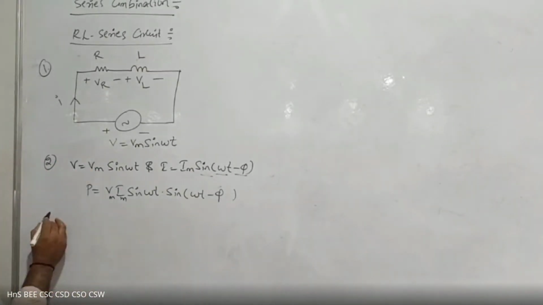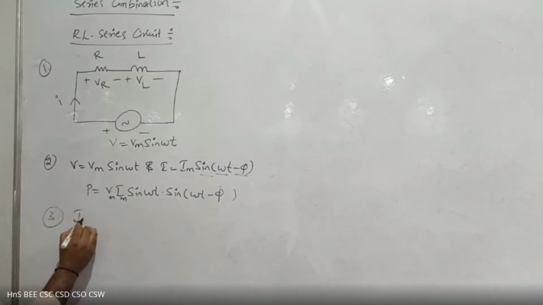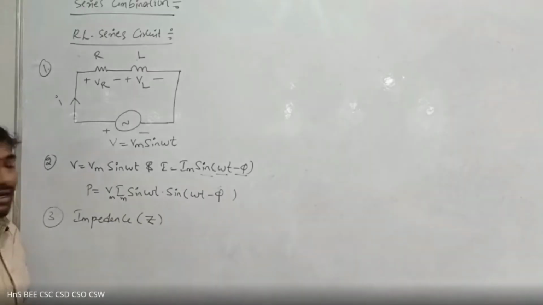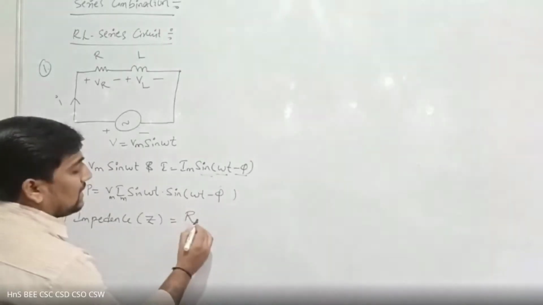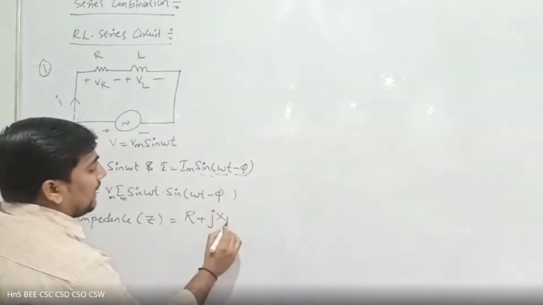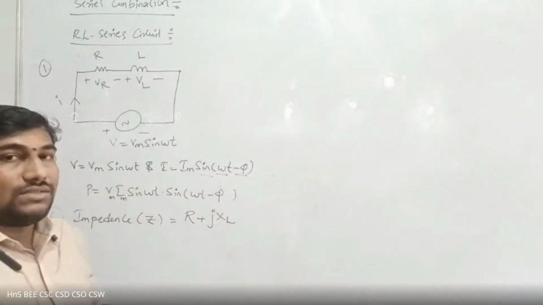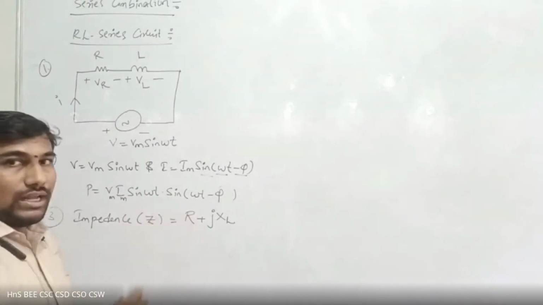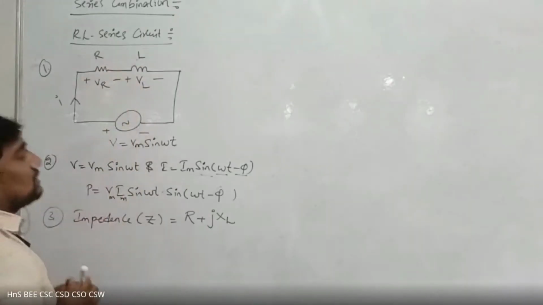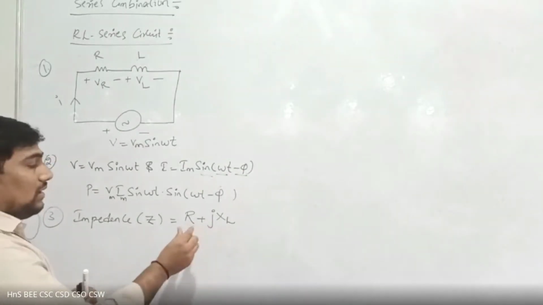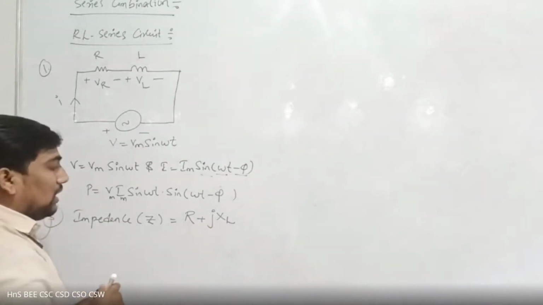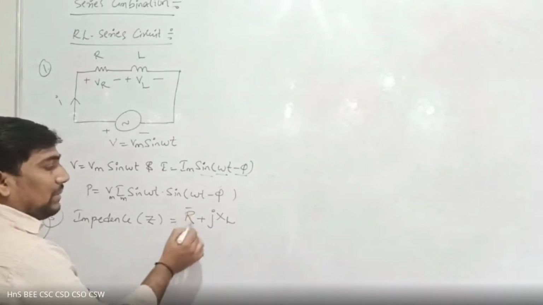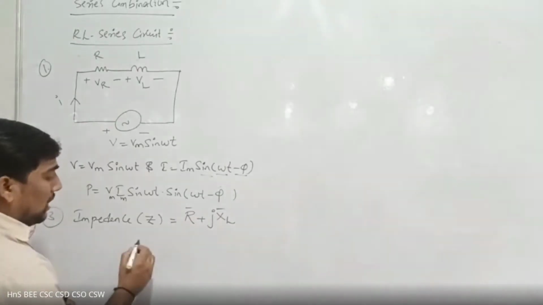Now coming to the third one, that is impedance. It is represented with Z. It is a combination of a resistor as well as an inductor. In our previous class, we took only a pure resistor or pure inductor, simply writing Z equals R, Z equals XL, Z equals XC. But in our given combination, we have one resistor and one inductor. That's why you have to take Z equals R plus jXL, where R is the real part and XL is the imaginary part. It is a vector.